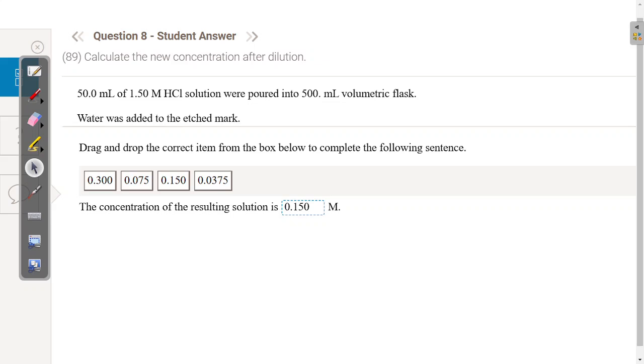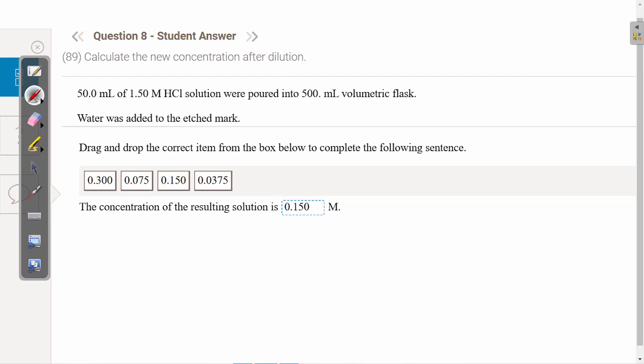50 milliliters of 1.5 molar HCl solution were poured into a 400 milliliter volumetric flask. Water was added to the etched mark. The concentration of the resulting solution is what? See, if they just said they poured it into the flask and they did not say this, it would be 1.5. But since they said water was added to the etched mark,